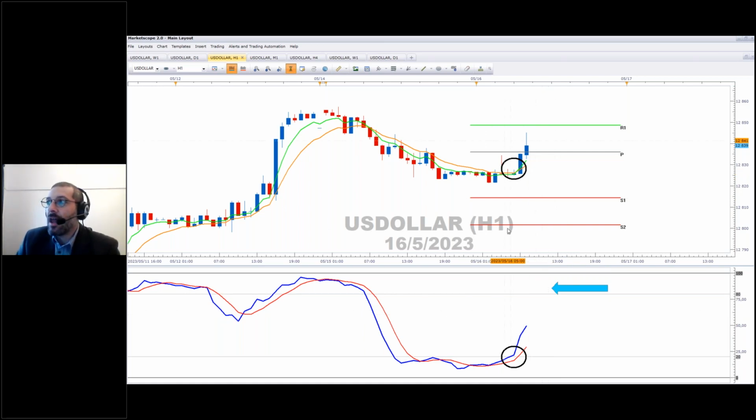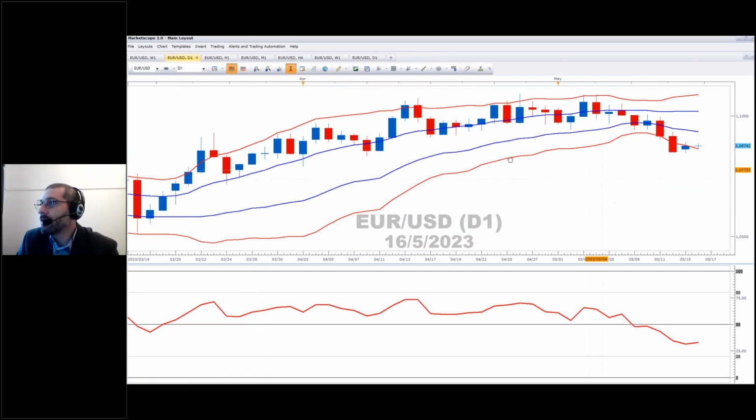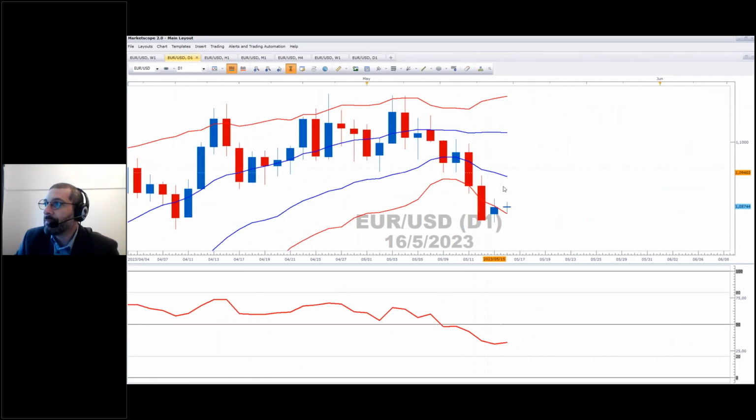But if the dollar is starting to move, remember, it's the first in our chain of causality. It's the first link. Then other instruments are starting to move as well. The one that we'll go to right away next, euro. Okay, let's go through to euro. And take a look. Euro here is in this bottom channel. It's in zone 3 between the lower blue and that lower red. Where's the RSI? RSI is on the negative side of 50. So there does seem to be a bearish pressure here.